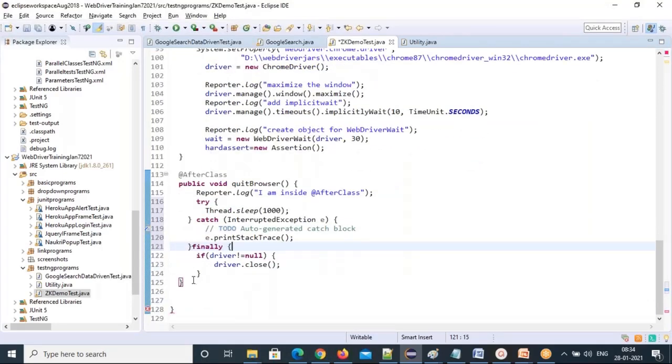Now for your browser, I'm going to use the quit method here. We didn't use the quit method, right? Let's use the quit method here. That's all. Okay, that's it for the day. Tomorrow, the rest of the test cases we'll write and we'll explore all the